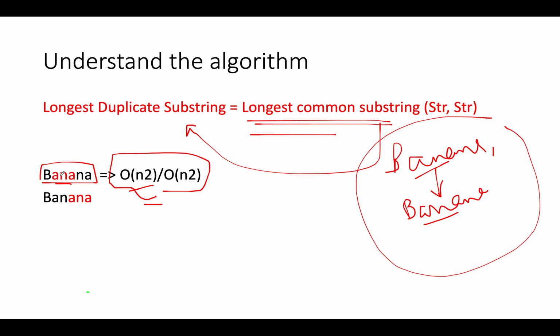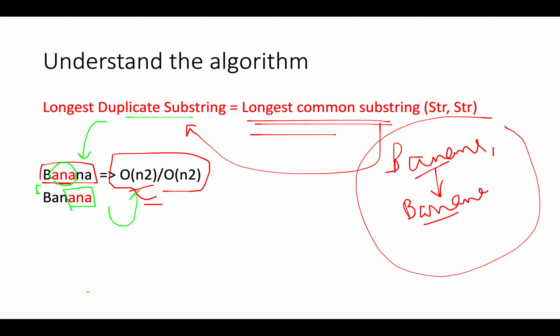What we need to consider is this a and a is being repeated in the other string at different indexes, this particular a and a. And if we are able to identify such instances in the input string, that serves our purpose. We were able to identify duplication and we will return this as one possible solution of the duplicate substring. We need to identify the maximum out of it, so we will identify the one with the most length and return its value. Pretty simple and straightforward so far.